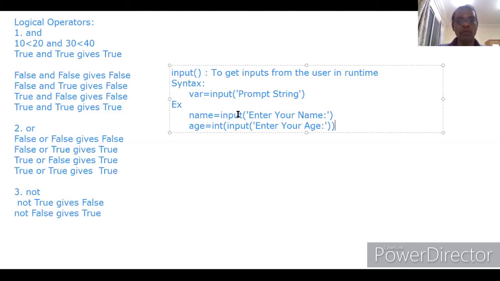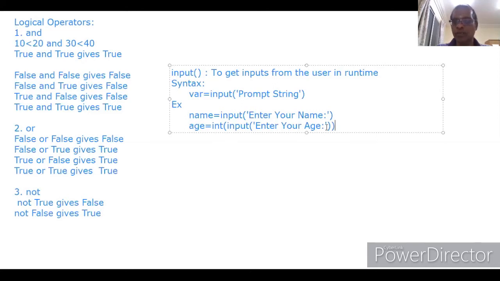So if you want to store some value which is received from the user at runtime with the help of the input statement into an integer variable, that input should be converted into integer by using int explicitly. That is why you put int. If int is not there, what will happen?